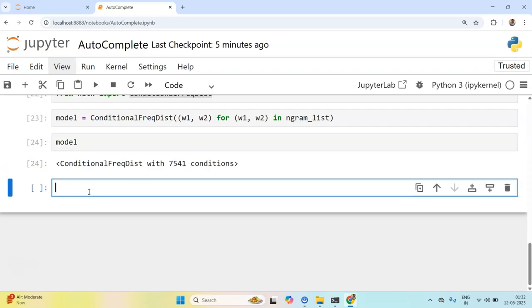Okay, now what we need to do is create a functionality. So define get, or maybe autocomplete the next word. Usually autocomplete gives you suggestions. So there are two ways to autocomplete: either they give you suggestions, or they act on your behalf and simply fix the word for you.